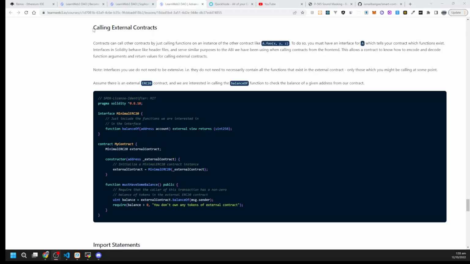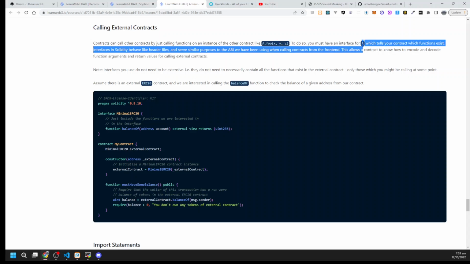Let's see. Calling external contracts. Contracts can call other contracts by just calling functions on an instance of the other contract, like a.foo and passing parameter xyz. To do so, you must have an interface for a, which tells your contract which function